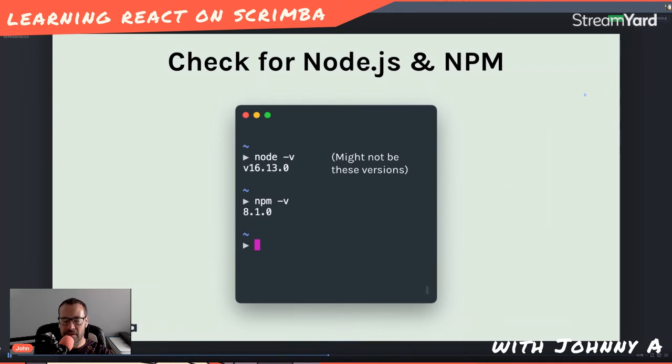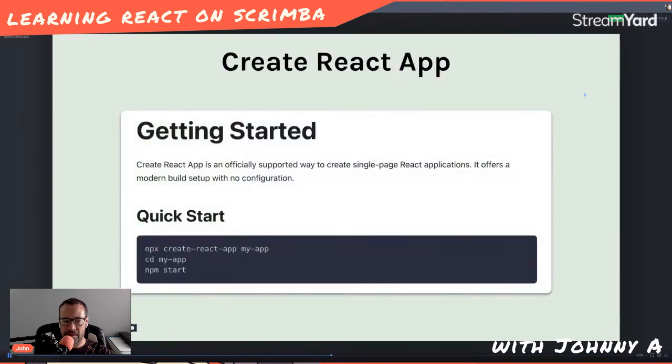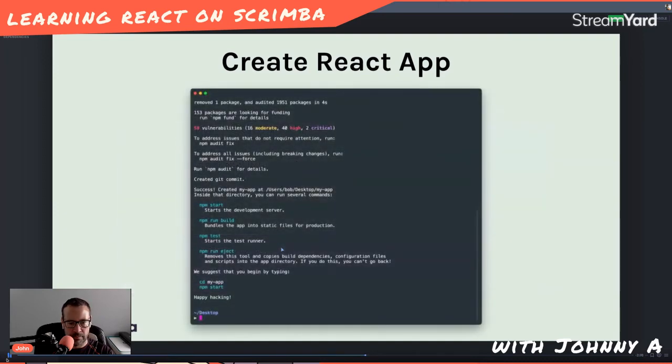Now with Node and NPM installed, we're ready to actually use Create React App. On the Create React App website, you can see this Getting Started section. The main thing we care about are these commands down here. Just to make things even more confusing, there's another thing called npx. We won't really get into what npx is, but for now, it's enough to know that you can just type this top command, npx create react app, space, and then the name of whatever you want the folder that holds your app to be. After typing that first line, you can hit return and you'll see an output in your